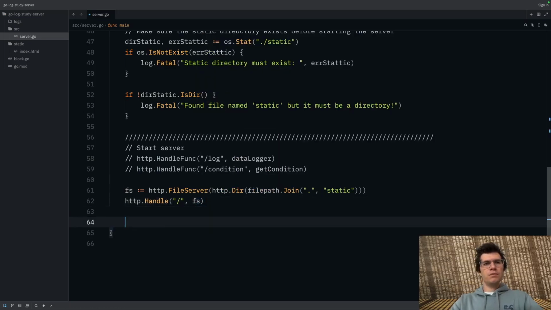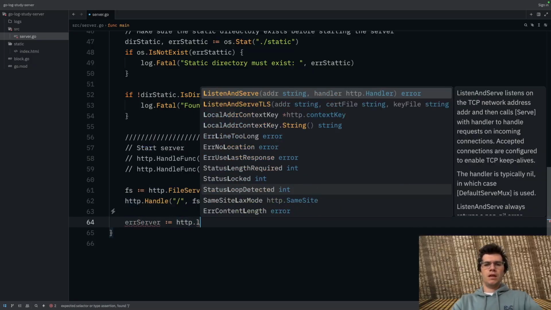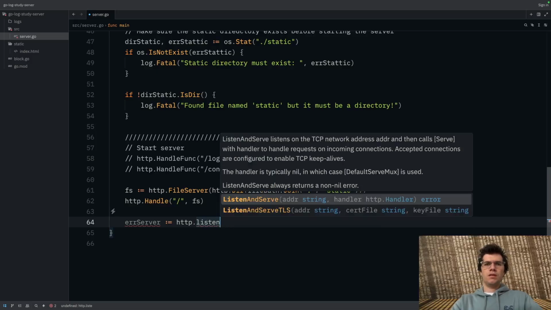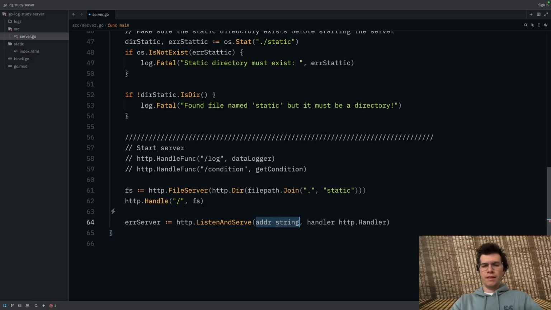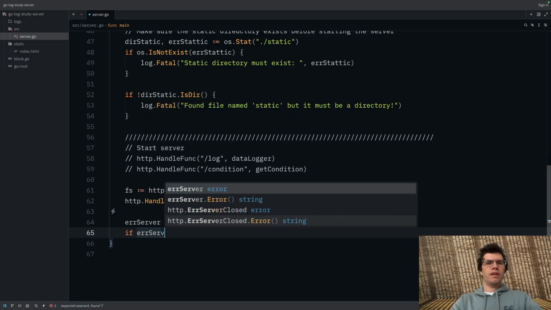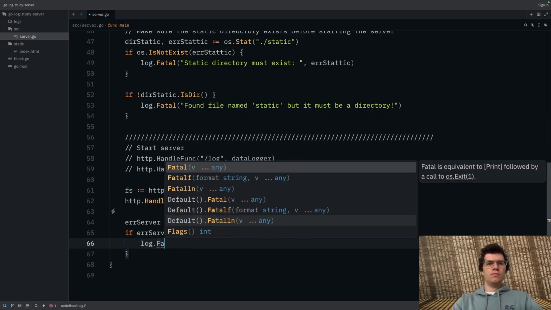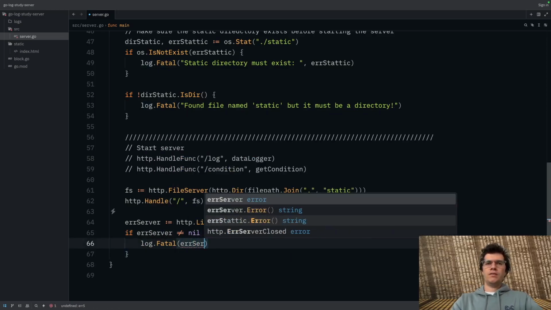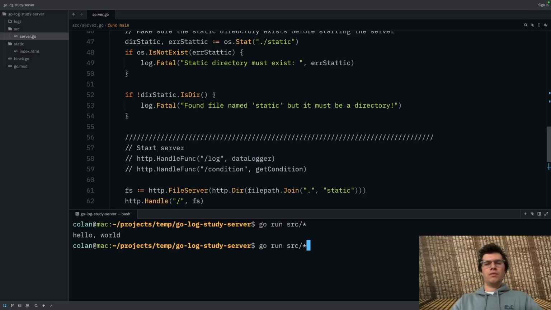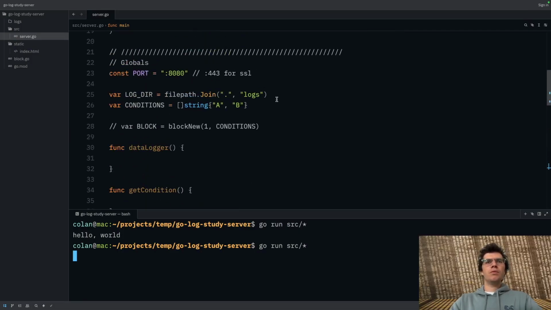So now what we want to do is actually run the server. Pretty easy again. http.ListenAndServe, and we can give it the address, which is our port, and then we can just pass a nil, because that's what we're doing. Now we have to handle the actual error from the server, right? Because we always have to handle those. If err does not equal nil, log.Fatal(err). So now if we go there, we're running, and what was our port?